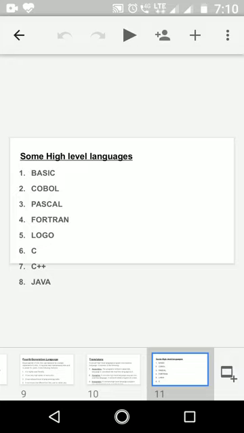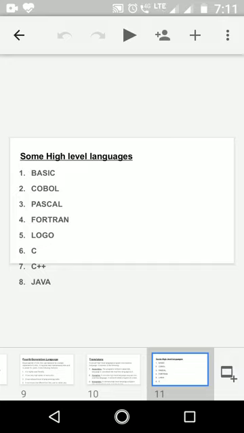Now, after this, we are talking about three languages which are very common. The first one is C. C is a programming language used for designing system software. Actually, it is a procedure-oriented language. It was developed in 1972 by Dennis Ritchie, and since it is a procedure-oriented language, it does its task procedure-wise, step by step.